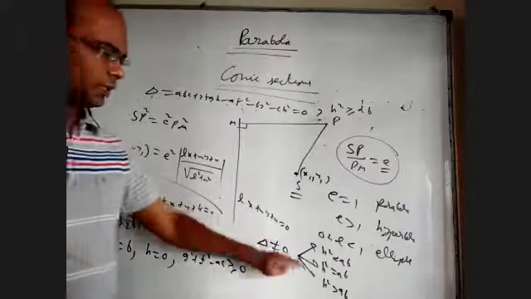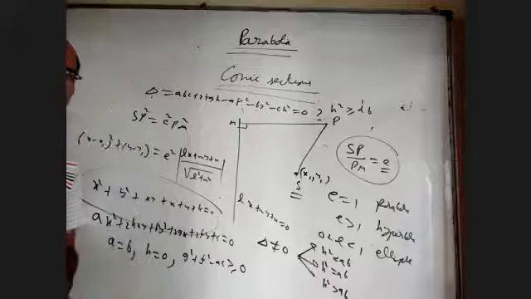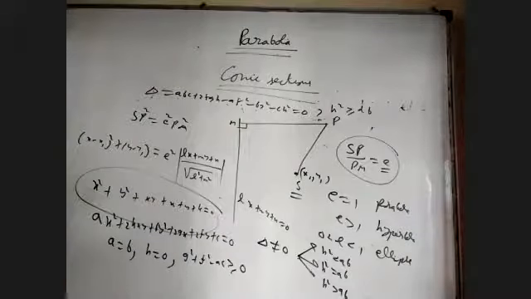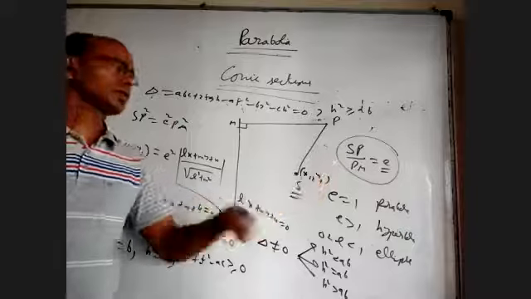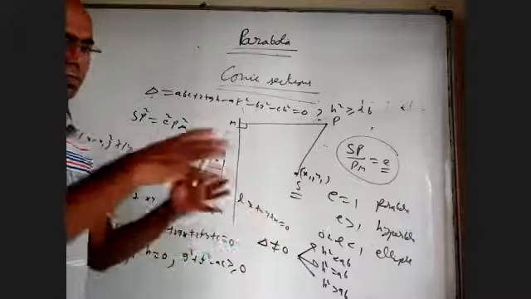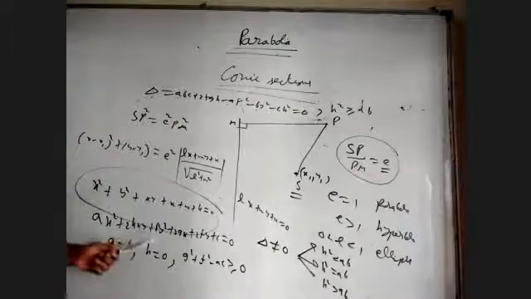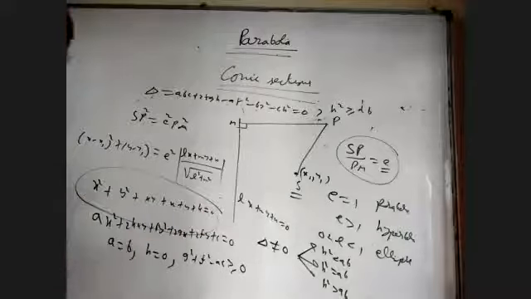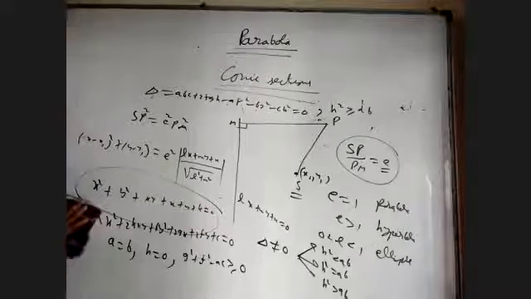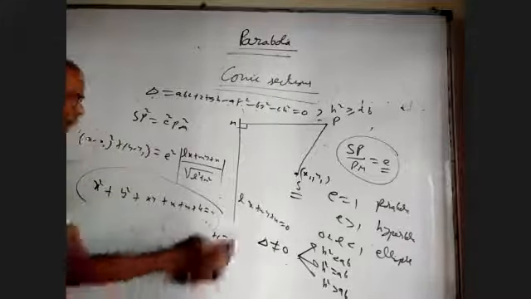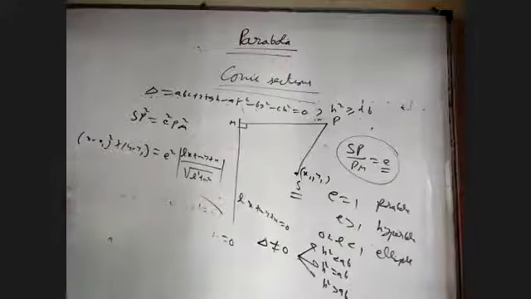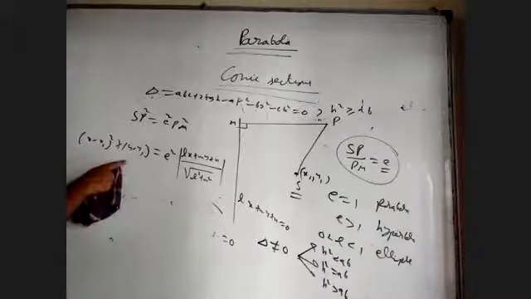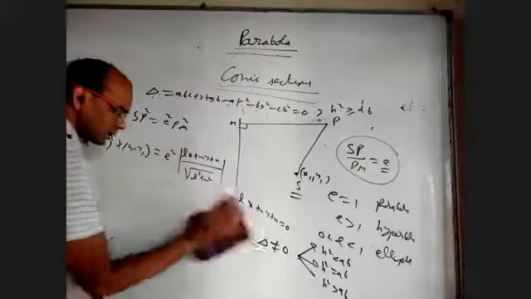How these things came, we'll have some discussion at the end, but it is not important. You can just know. We discussed conic sections from the cone, how we get them, and also when this equation represents an ellipse, parabola or hyperbola. And this is the general equation of any conic section, provided you know the focus, the directrix, and the eccentricity.